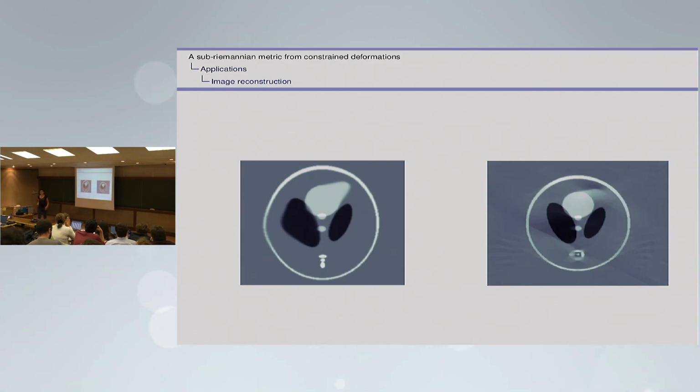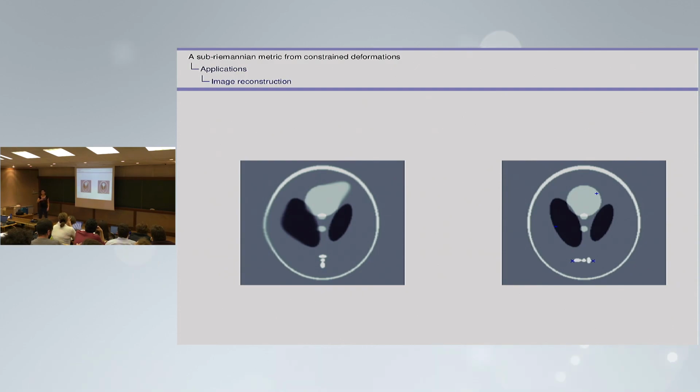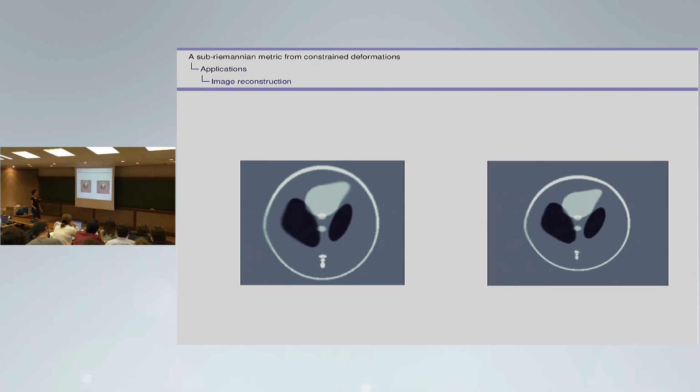Now the idea is to say my solution is not too far from this, but not too far in the modular deformation sense. I assume that I know the adapted deformation modules, that's an extremely strong prior, of course, but we assume that we have this prior, and here is the reconstruction that I get for the same data. So even though I don't have information about what is happening here, as on the data I can see the type of deformation only here, it says, okay, the only way to get this kind of strange thing in the data is to have this deformation. So it reconstructs in areas that it doesn't see because I constrained the space of solutions.